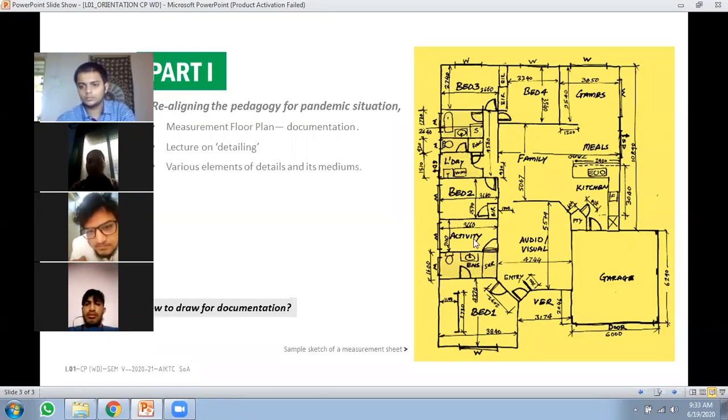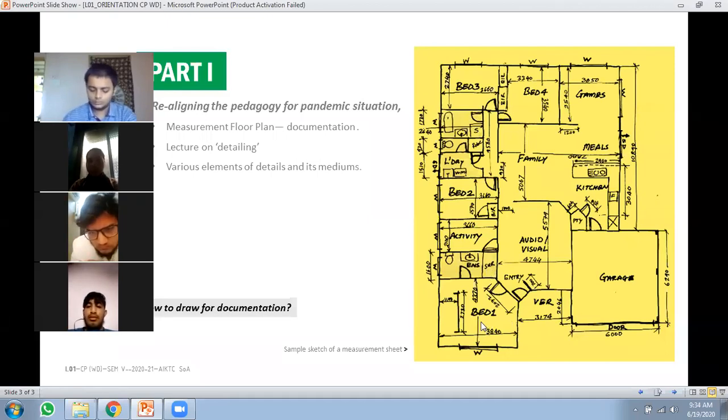Similarly, if you look at this particular toilet which is close to bedroom 1, you will see that the door opening is shown. It is opening inside the toilet, it's not outside. Also it shows the door swing, how it's opened up into a toilet. It also gives you information about where the WC, the water closet, is, where the wash basin is, and where the shower area is. So for that they are using short forms of the bigger words, like bedroom 1